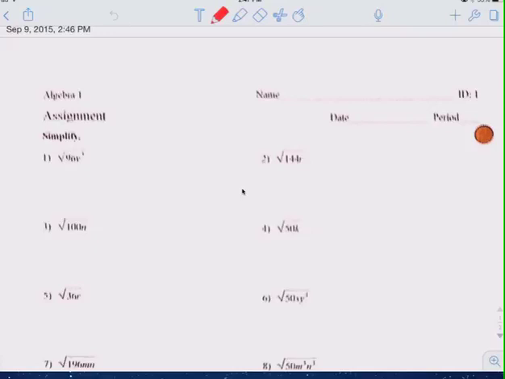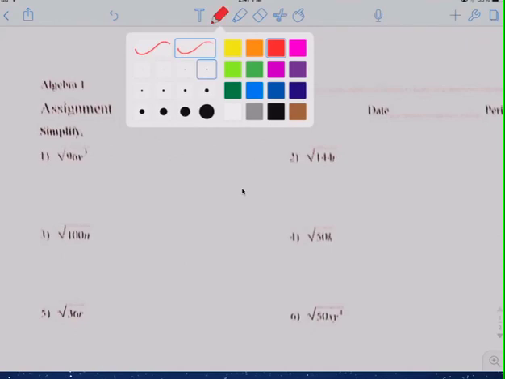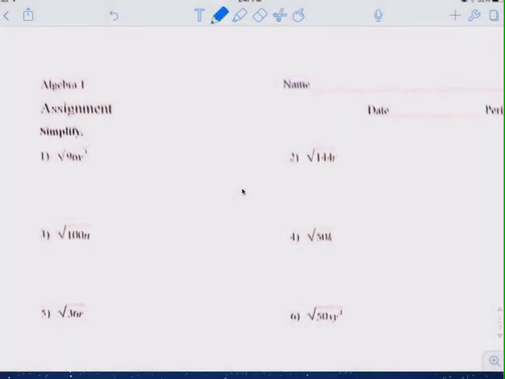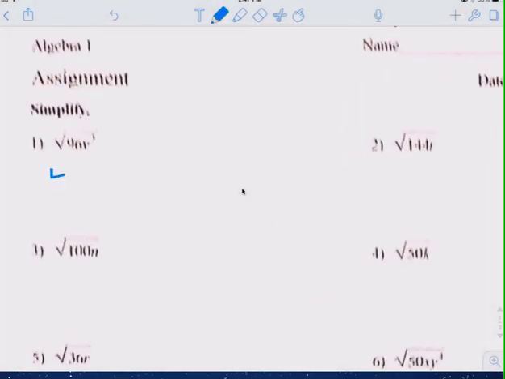Let's see. Okay, so it's 96. What number did you use? I used 4. 4 times 24. 24 can go further, right? Mm-hmm. It could go to